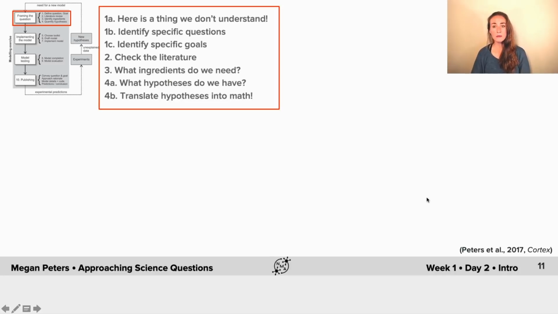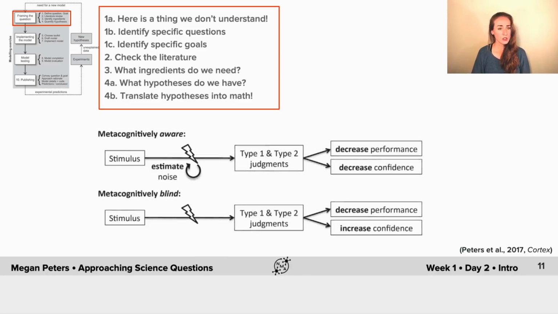We've got our problem, our questions, and our goals, our inspiration from the literature. And so now we've got to put all this together, and we need to make our hypotheses really specific so that we can go and test them with our models. So here's now where the models that I introduced to you yesterday, very briefly, they come back into the picture. So we thought that maybe there were two candidate conceptual approaches for how these metacognitive computations were performed by the visual system.